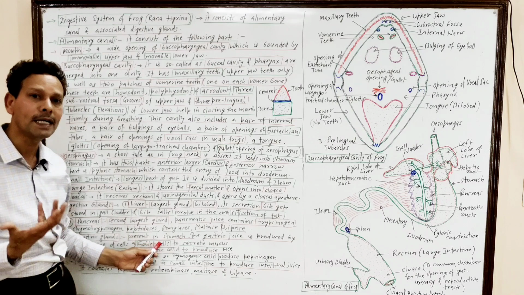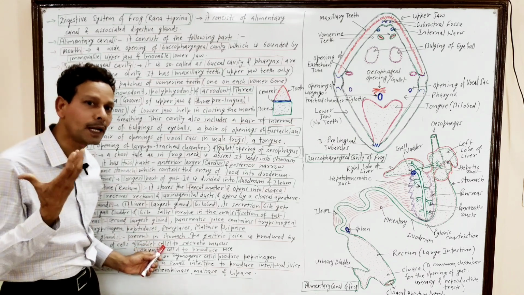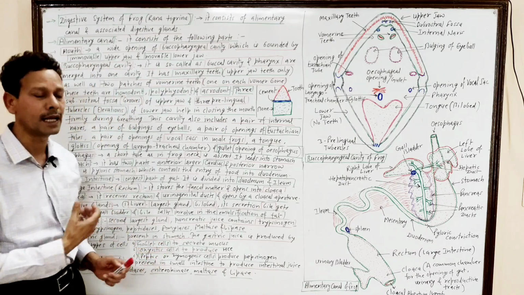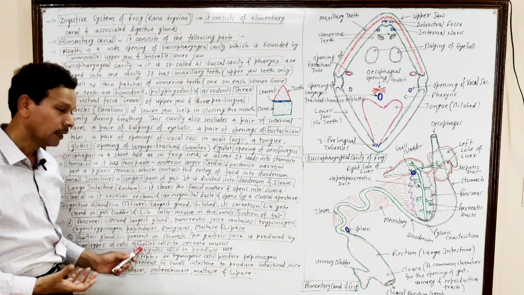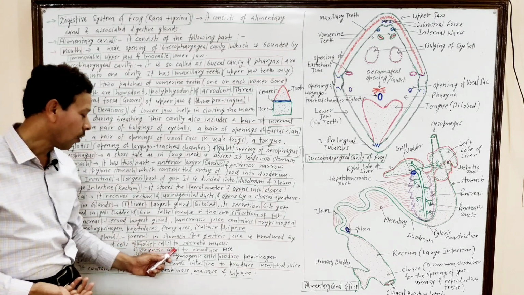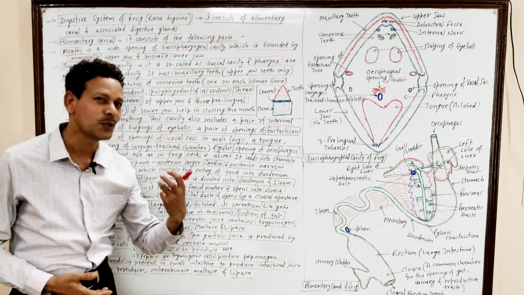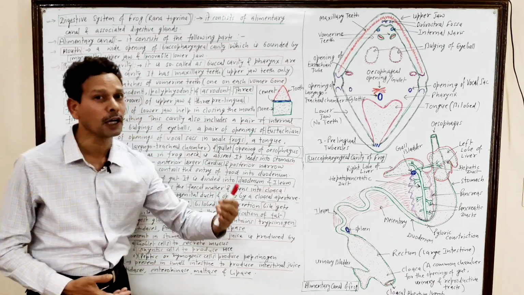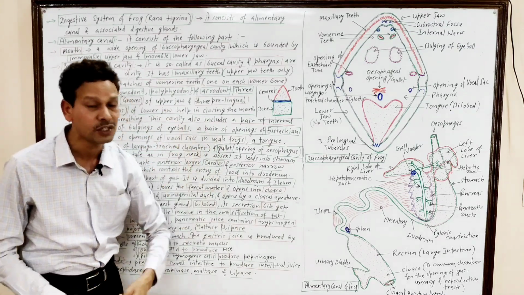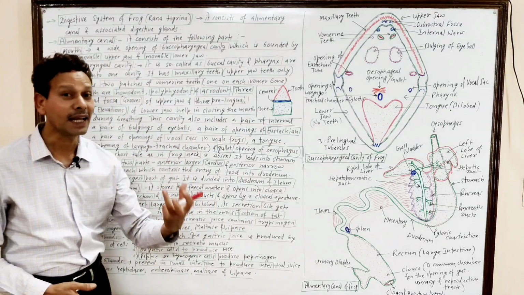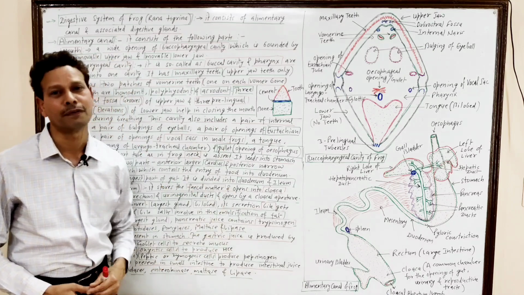These are goblet cells, which are mucus secreting cells. The second type of cells in the gastric glands are oxyntic cells. Dear students, oxyntic cells are very important because these cells secrete hydrochloric acid, HCl, and that HCl maintains the pH of